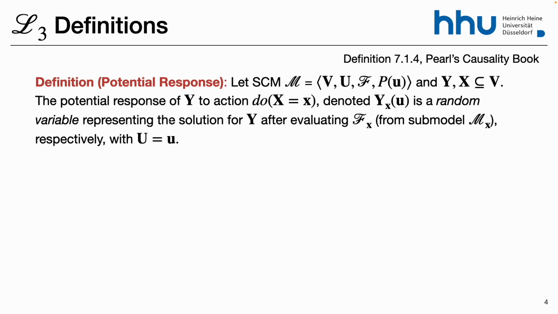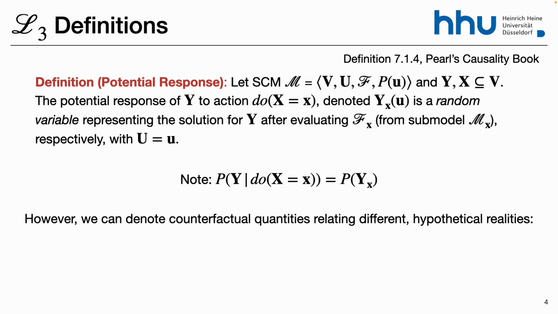But you can see this as a different random variable. So Y_x(u) is the value of Y after doing the intervention X, but in this same context, which is given by the U variables. And it's important to note that there is a U variable, so that's why sometimes we have the U here. Although there is the U here, most of the time we just hide it. But the U is there, and it's a random variable now. So as I told you, this is equivalent. The probability of Y given do(x) is the same as the probability of Y_x.